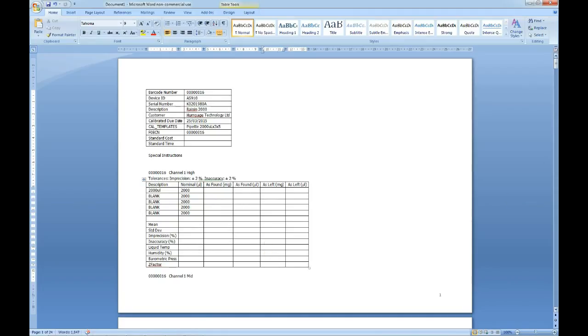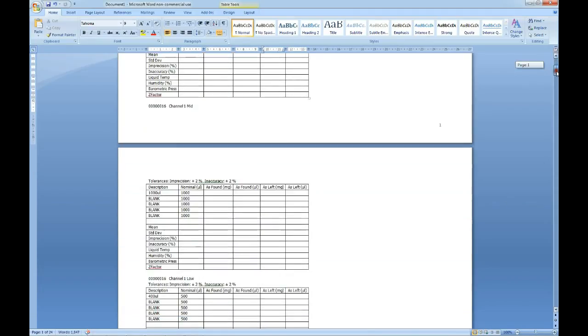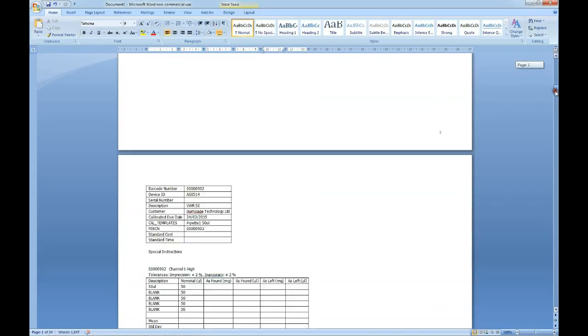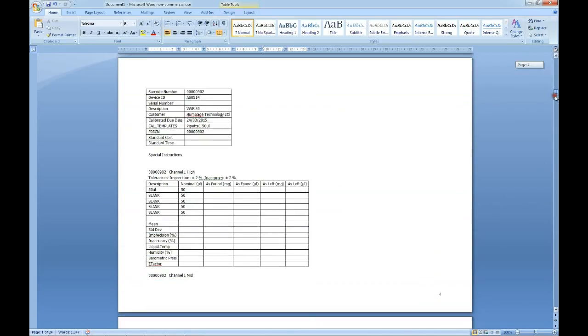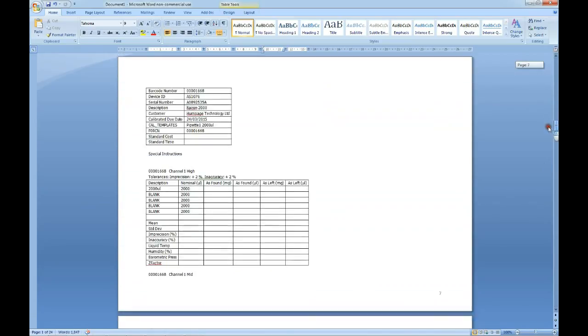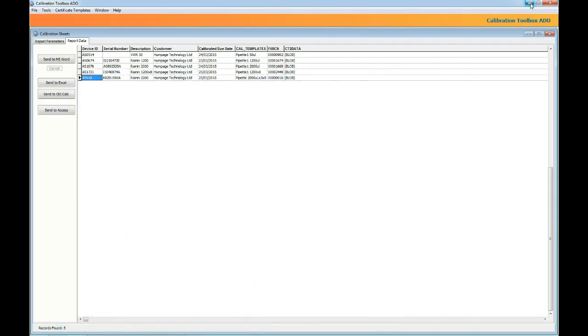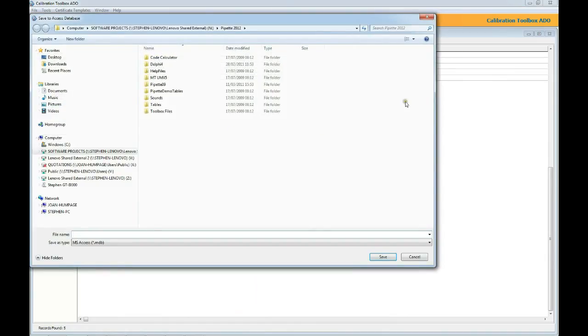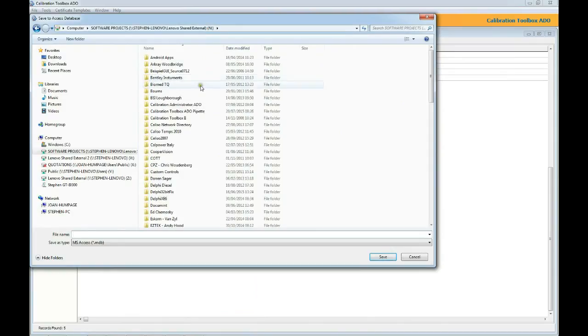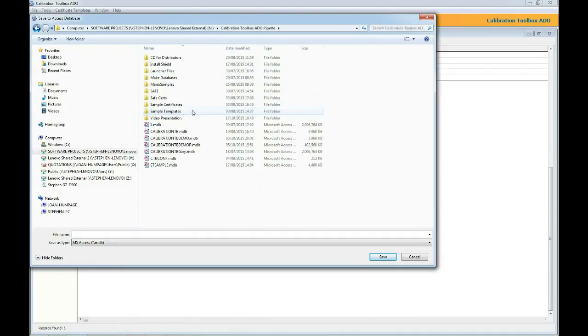So there are your Word documents. As I say, you can print them onto paper sheets, punch holes in, stick them in a ring binder, and do what you have to, and then complete the job when you get back onto site. An alternative to that is that you can export to a little database that can be used on a remote laptop, so that you don't have the entire database on the laptop, just the database containing those few devices. So that's what we're going to do now. We're going to export those devices into an Access database